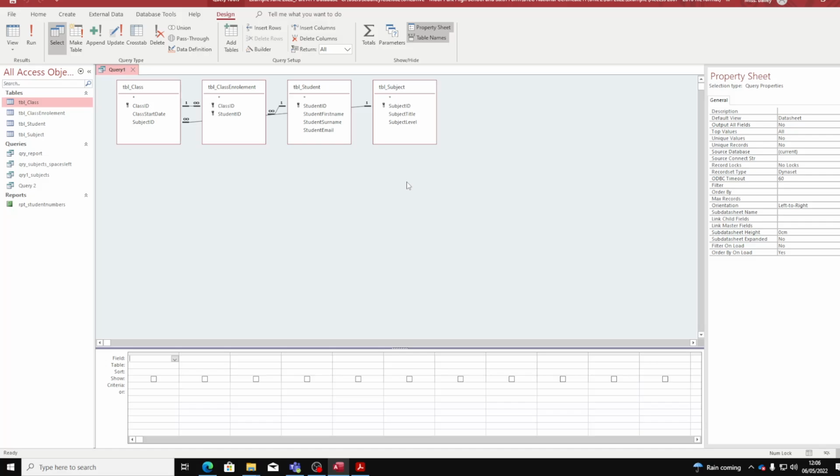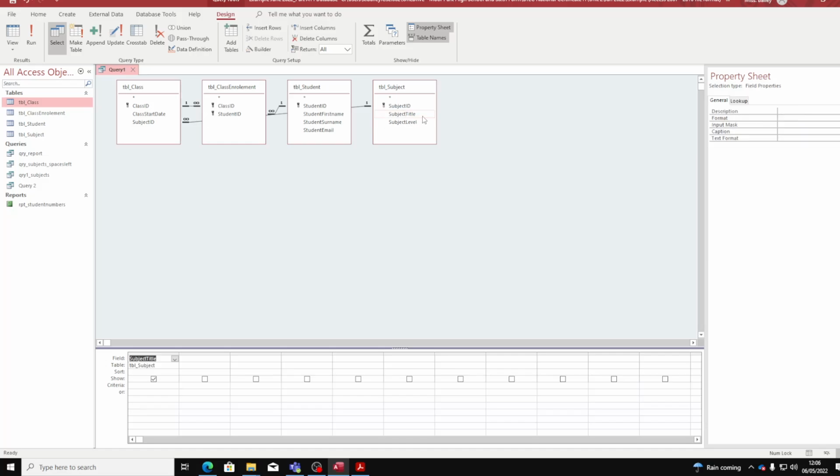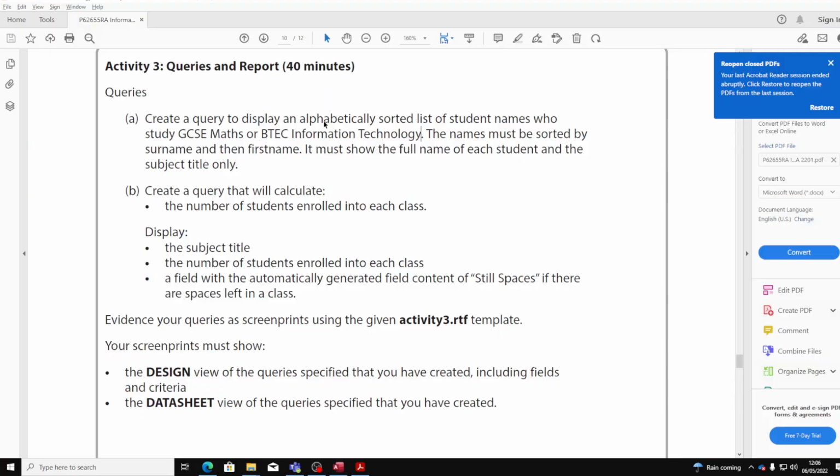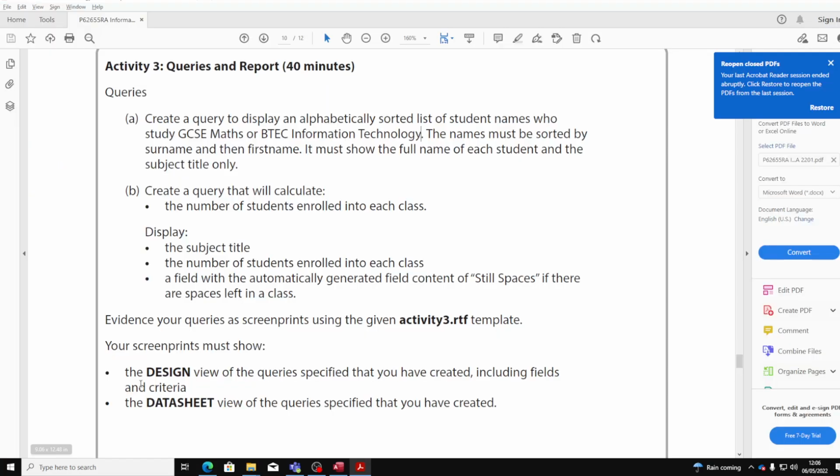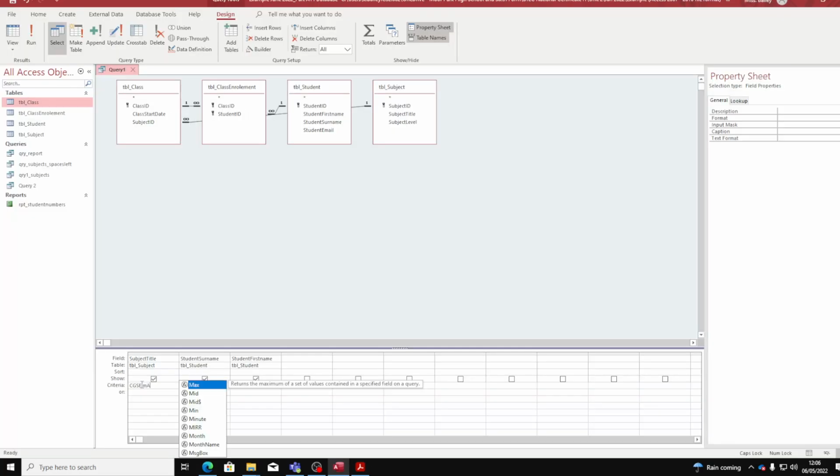So obviously we need to make sure that we are aware, if we think about what subjects are available and what they're studying. So if we go to subject title and add that, and then we need the students, it says surname first, let me just double check. Surname then first name, so we put the surname in first and then first name. So obviously there's a criteria here, so we just put GCSE, what was it, Maths,